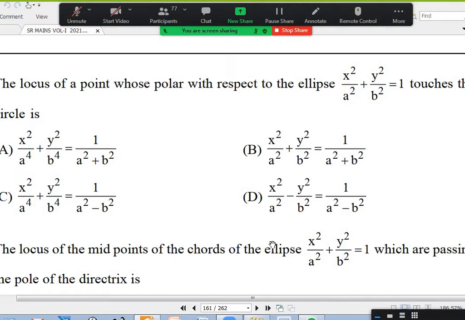Sir, what I did was director's circle, I did x square plus y square equals a square plus b square. And this ellipse equation, both I compared S1 equals 0. Both you compared S1 equal to 0. But the x1, y1 that you take on the ellipse and that you take on the director circle should be different, right? Yes, sir. I got 2 equations. I found those both and then I did. No. What I'm saying is, when you do S1 equal to 0 for ellipse and S1 equal to 0 for director circle, you want to do. Yes, sir. Yes, one minute.